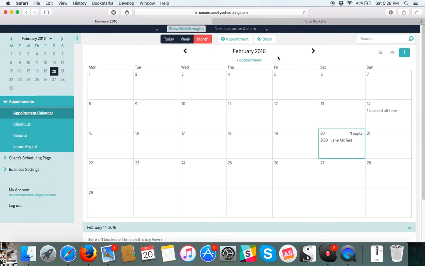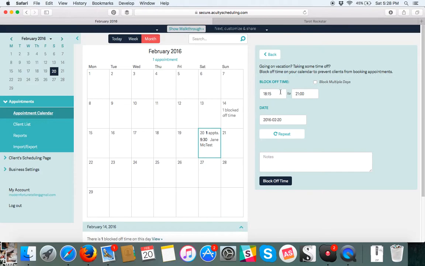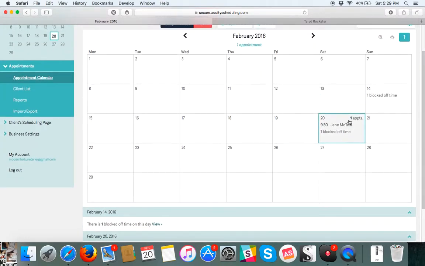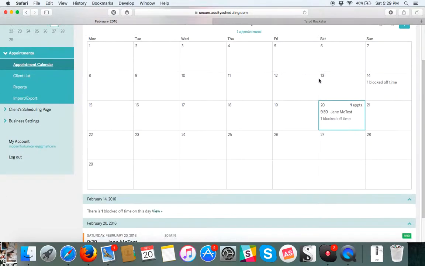So you can do that. You can also block off time. Let's say you usually work on the 23rd, but you have a doctor's appointment. So you can block off some time. Let's say my doctor's appointment is from 1800 until 1900. So maybe I'm going to block off 1700 just so I have an hour to get there, and I'm not in a rush or booking clients prior. And let's say I want to do it until 8:00 p.m., 2000. So let's block off that time, and you can see here there's some time blocked off. So yeah, that's basically the gist of